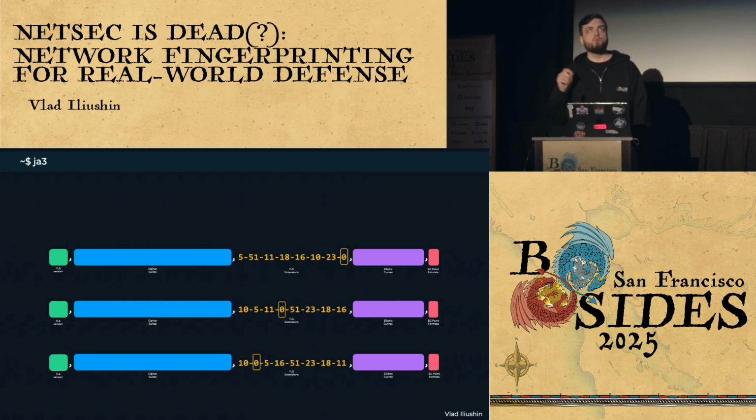Another small issue that I personally find with JA3 is that it has no human-readable part in the hash itself. It is just an MD5 hash of the JA3 string. So the first lesson learned: if you're doing network fingerprinting and the algorithm that you use for fingerprinting has some raw value, always store this.